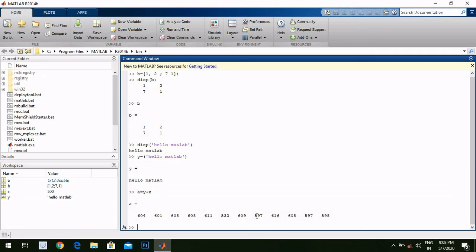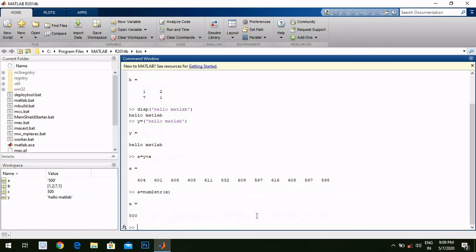So over here we need some modification, like we need to deal with the numbers and strings. For that, let's take a is equal to, we need to convert from number to string, so num2str of that 500, so x, right?